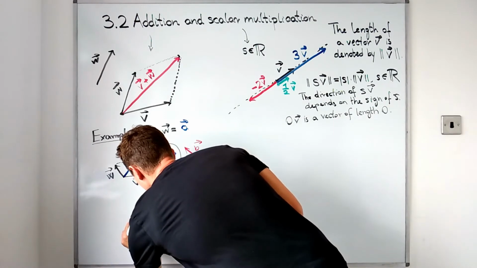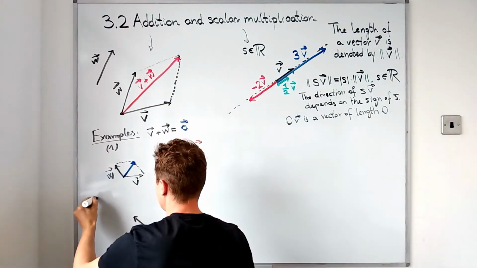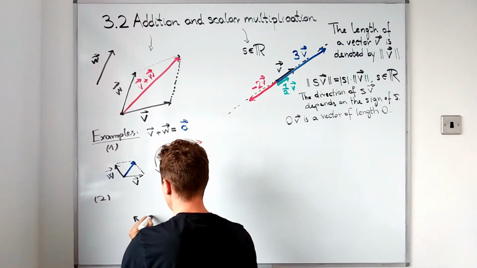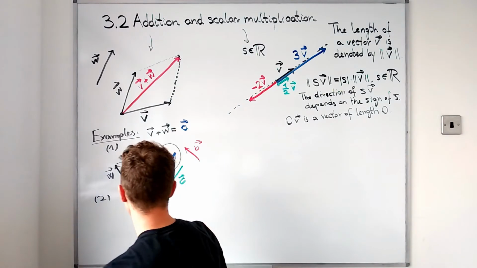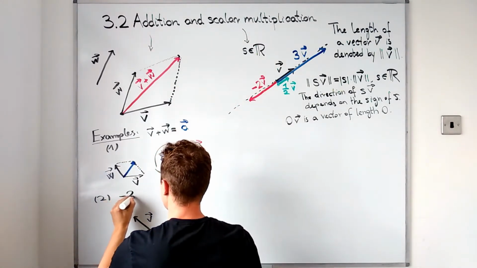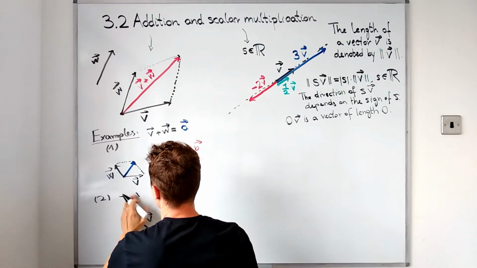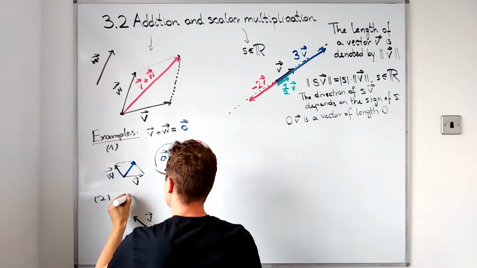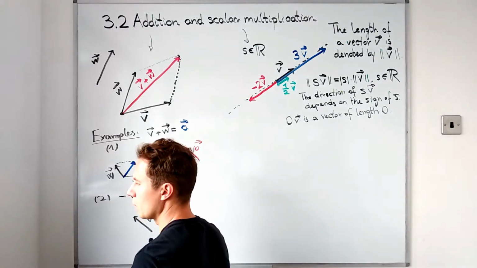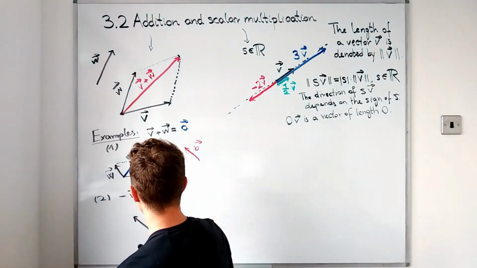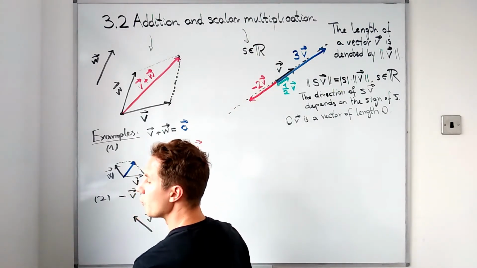So this was our first example, and now it's a different example. This vector shall be vector v now, and I would like you to decide which of the following vectors is minus v. Okay, so what I did, I took v and I multiplied it by the scalar -1. So is it